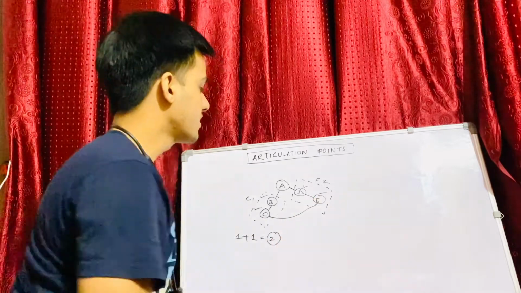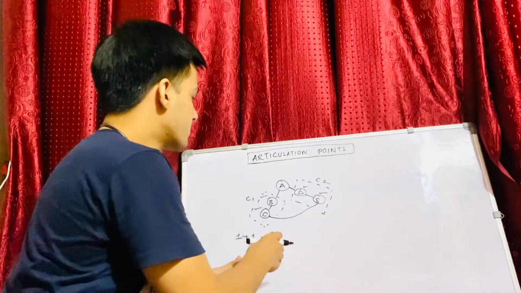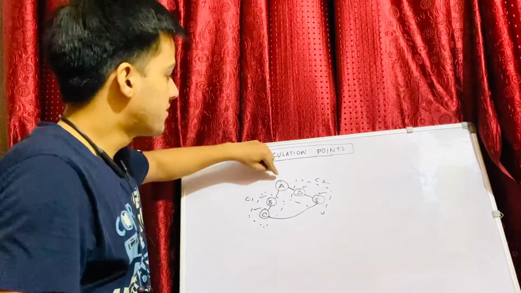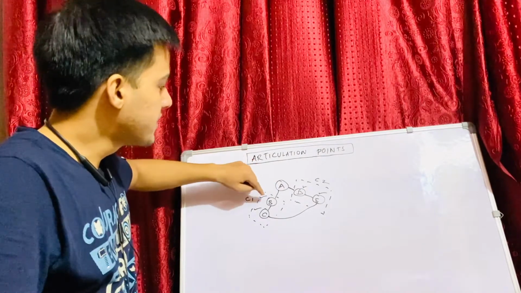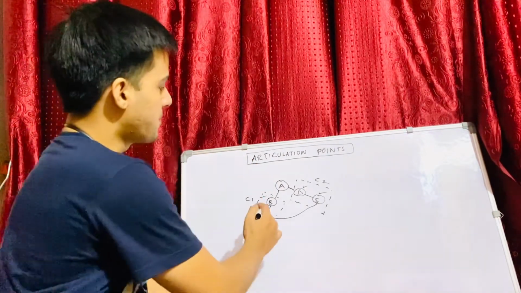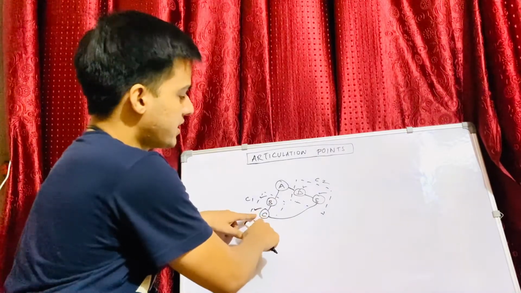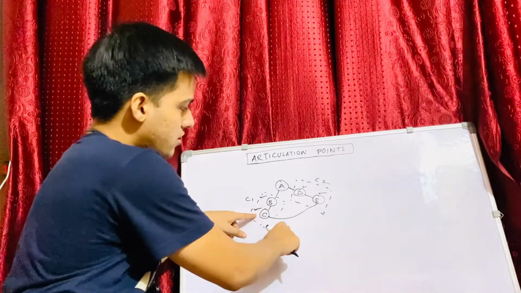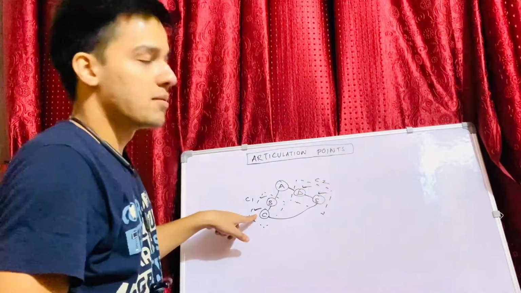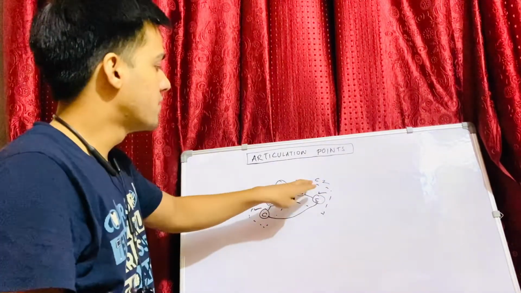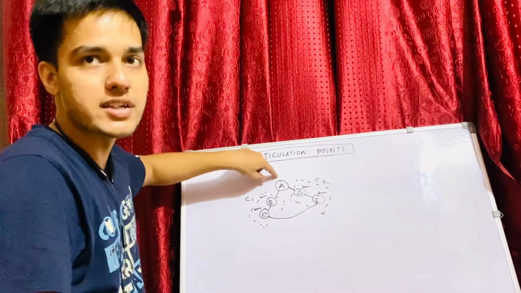Now let's try to see what will happen if we add an edge from here to here. So in the same case, if we'll add an edge from here to here, what will happen is when we'll start our DFS from here, it doesn't matter if we go to D or B. Let's suppose we go to B, then it will take these edges, and when it will come to C, when it will mark it as visited, it will also go to E, right? So it will mark these edges as well when it will complete its DFS, right? And when it will complete its propagation from all the nodes, it will come back to A, right?